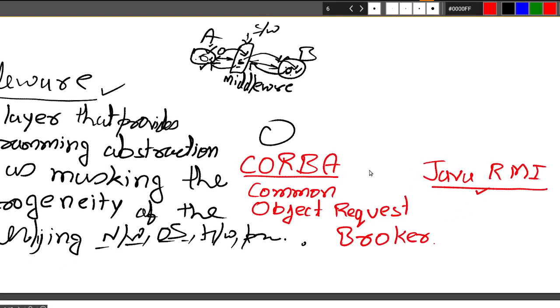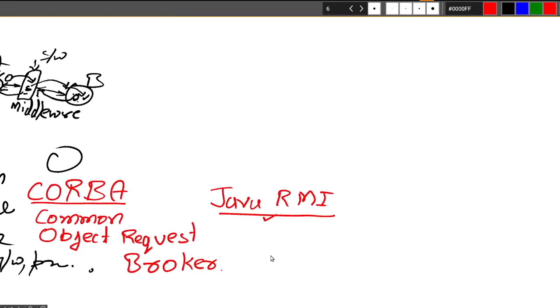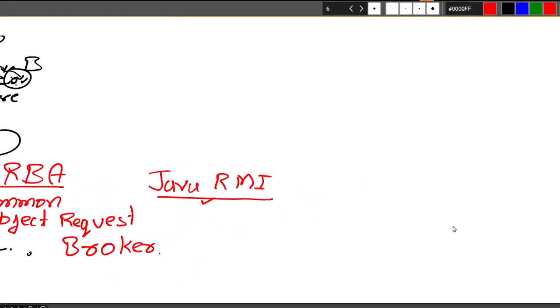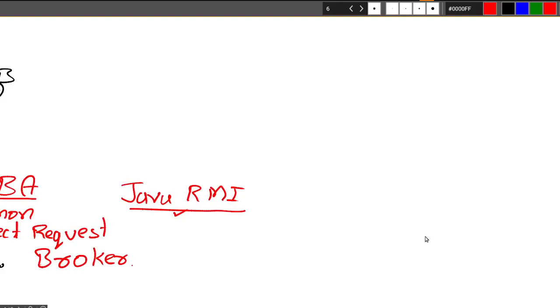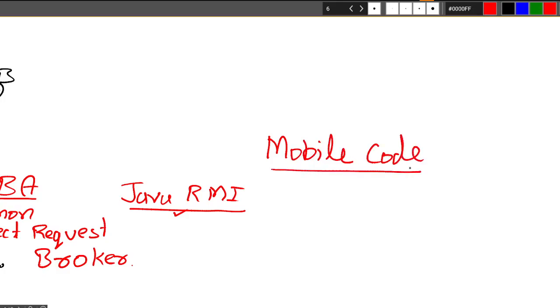Nothing, right? Before moving further, let me tell you one thing about mobile code. Have you heard about mobile code? What can this mobile code be? Can you guess? Program. Mobile code can be a program.